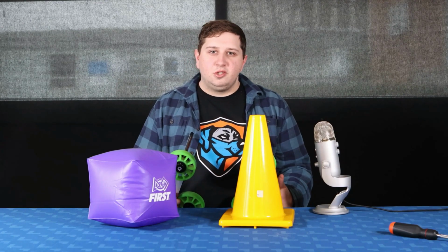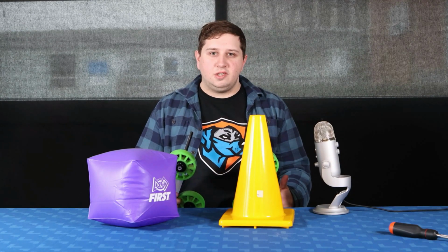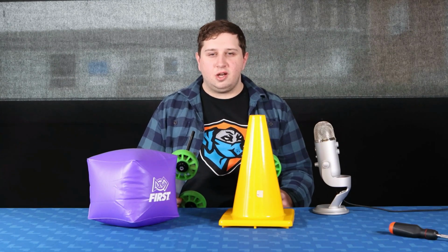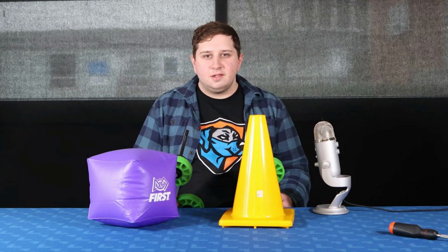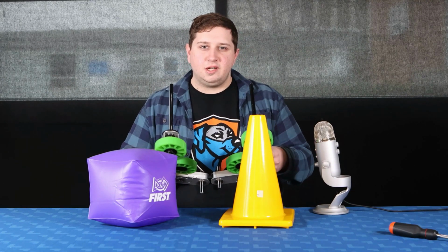We then split up into groups and designed a number of different concept sketches, which we presented to the full group and voted on top 2 arm designs and top 2 intake designs to pursue further into the prototyping stage and into development. What I have here with me is one of the intake designs we decided to go with,